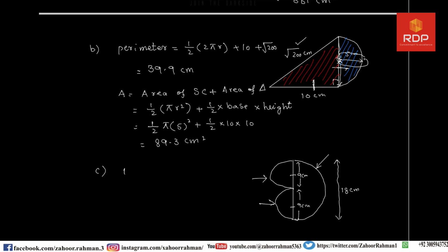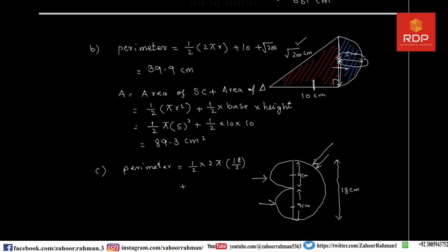I am writing here perimeter is equal to 1 over 2 into 2 pi and 18 divided by 2, which is this semicircle, because we need the radius and they have given us the diameter, which is 18 centimeters, so we have to divide it by 2, and then plus 1,